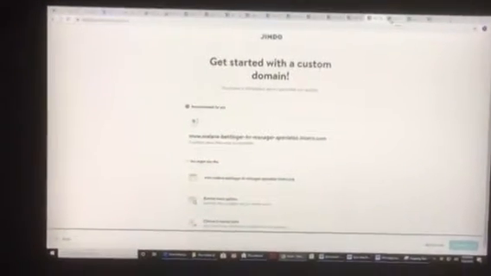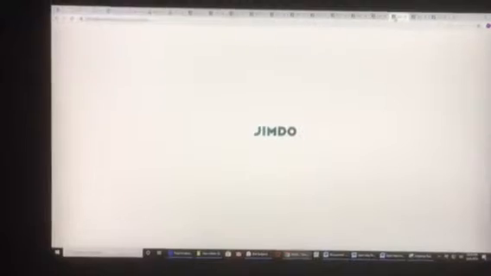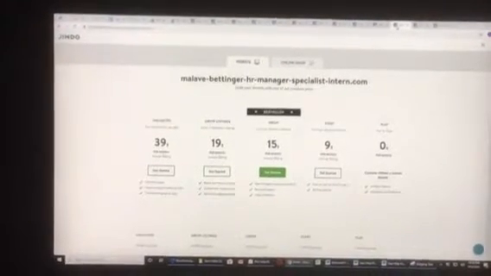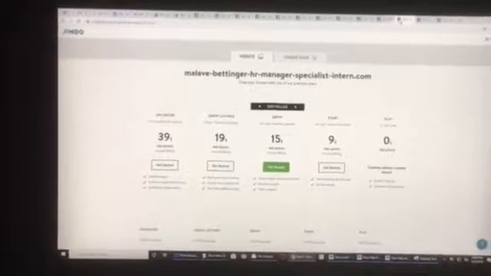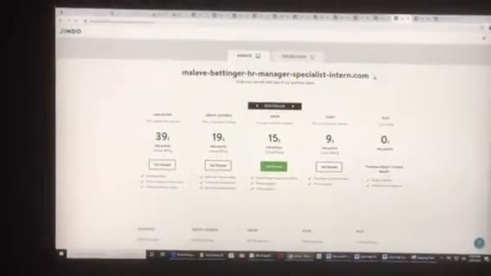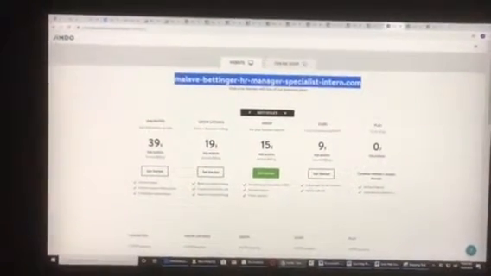Jimdo will load your personal preferences and come up with 2 choices for the layout of your web page to choose from. I chose Surprise Me at the bottom as I can edit it later on. As you continue with the next step, Jimdo is recommending a website domain. I opted for their recommendation,